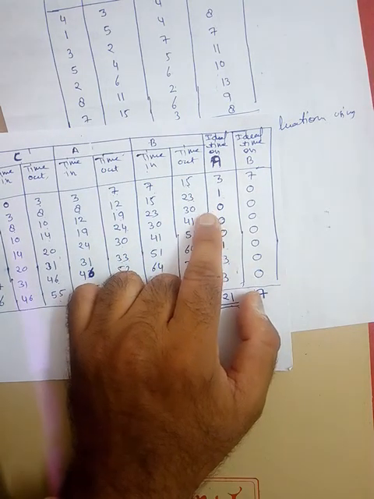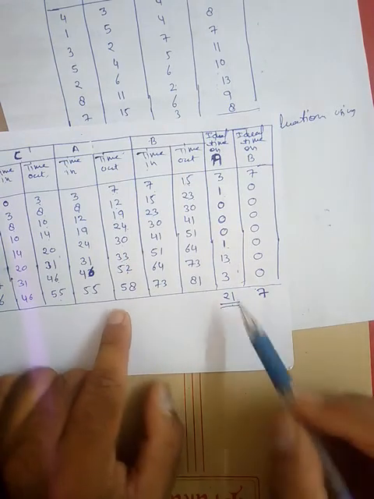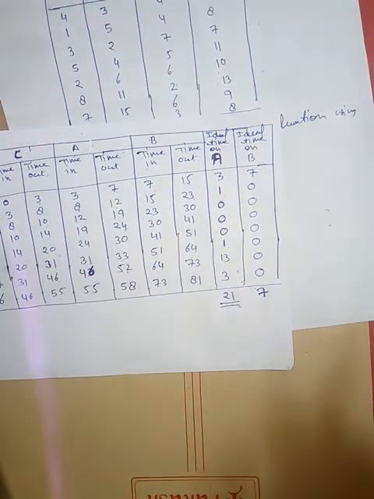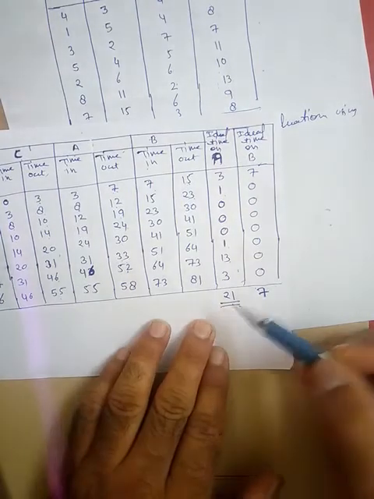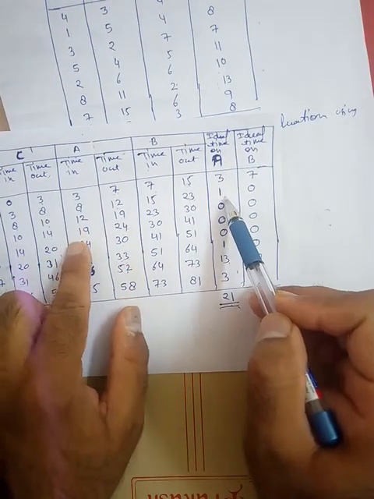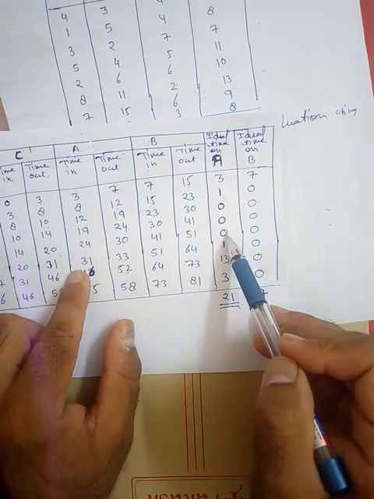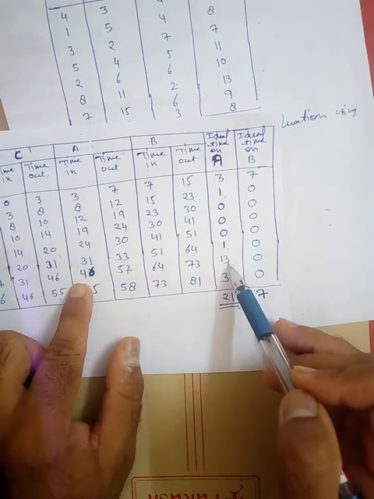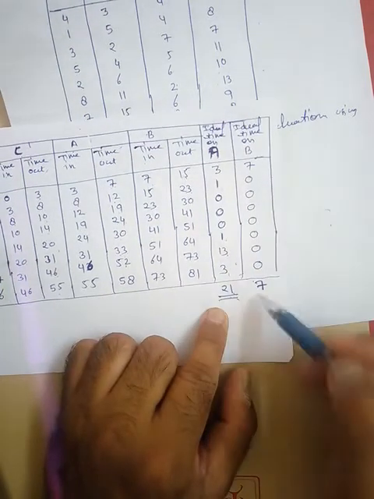3 plus 1 plus 1. Something is wrong here. So please verify this table. So here is 3 hours. Then there is a gap of 1 hour. Then 0, 0, 0, 1 hour. This 13 hours and 3 hours. This is 21 hours. This is 7 hours. This is okay. Fine.